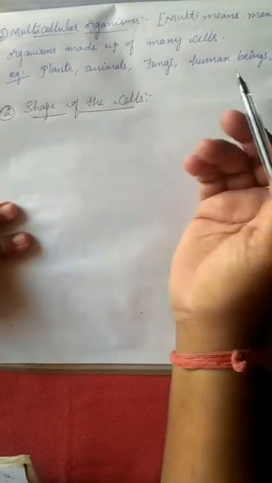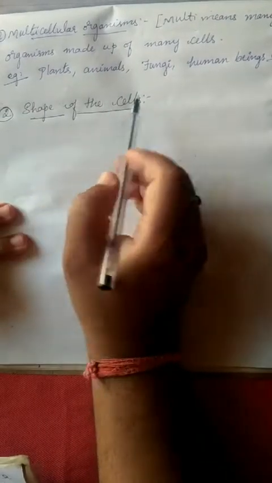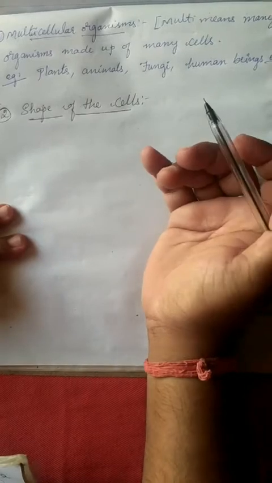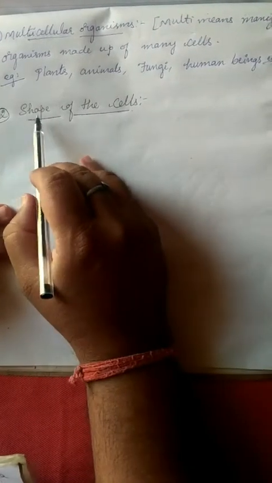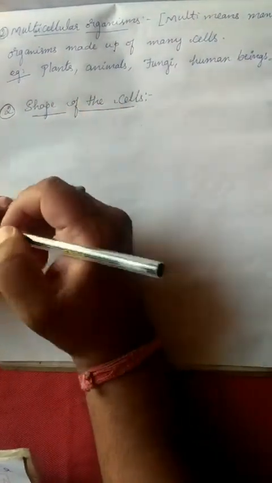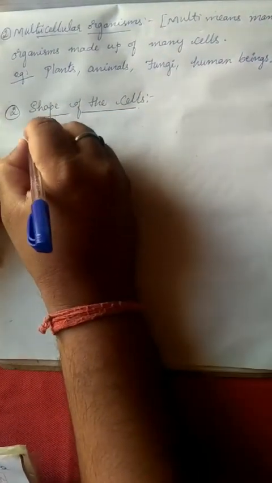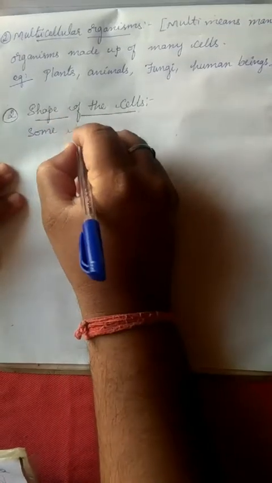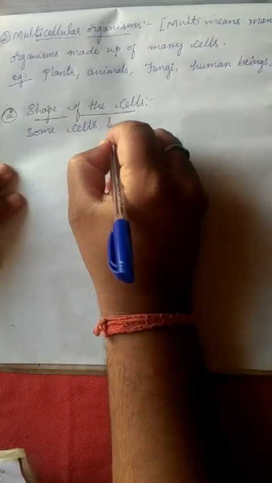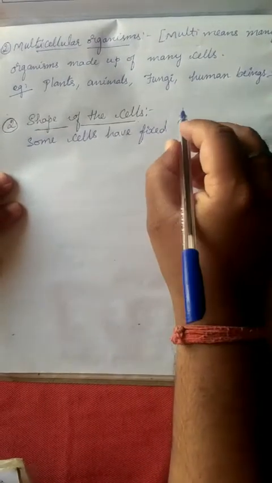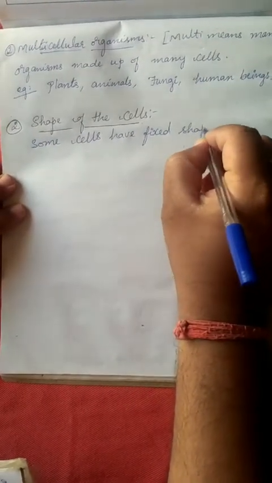Different cells have different shapes. Most of the cells have a fixed shape. Some cells have fixed shape, like